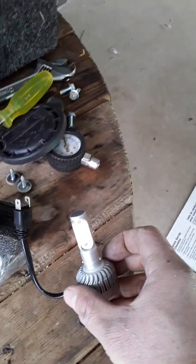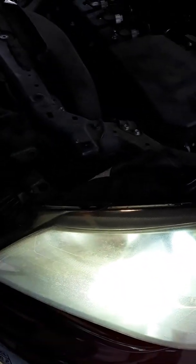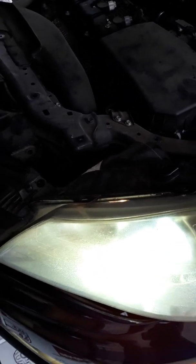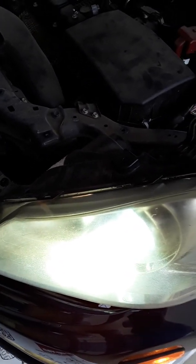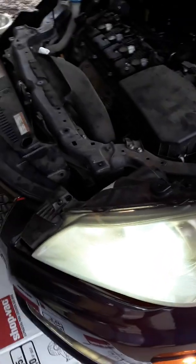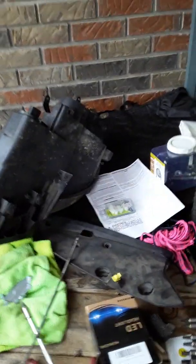You can see that the light coming from both sides of the LED is now coming through here, when originally that plate was blocking off half of that light. So by taking that plate out, if you're going to go with the LEDs, again, if you're just putting the normal Sylvania bulbs or whatever in it, I'm sure they did that for a reason. But if you do put the LEDs in, you might want to take that out. And it can be done, I'm proof,